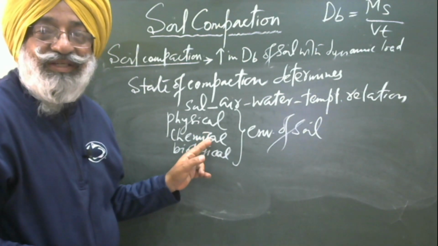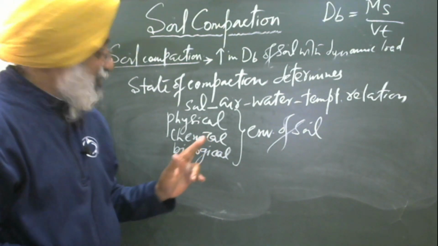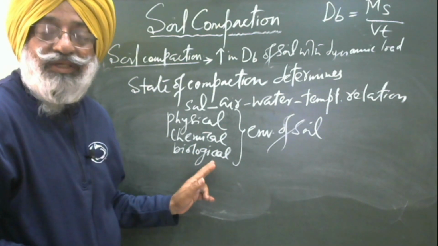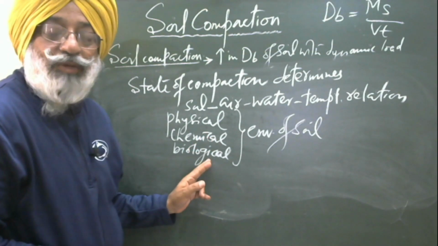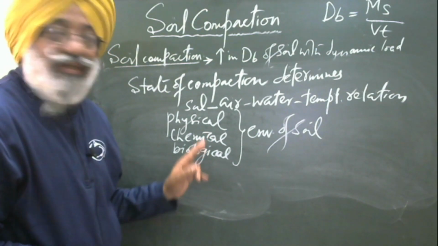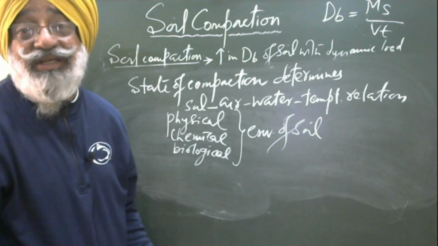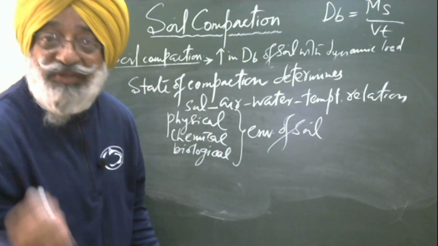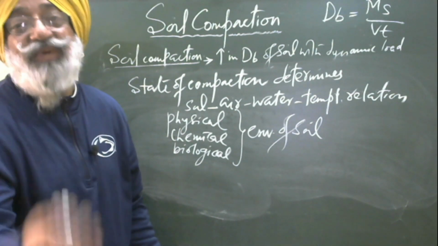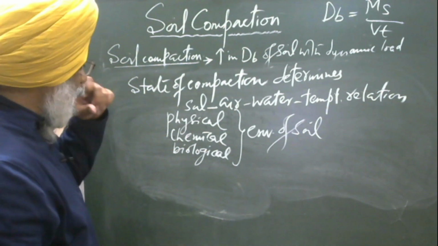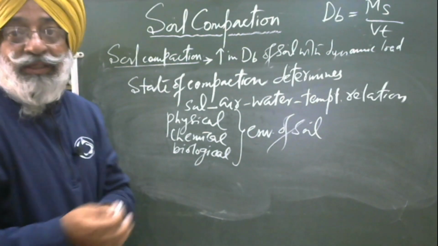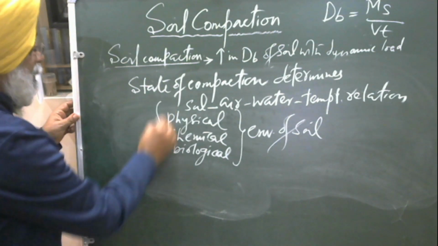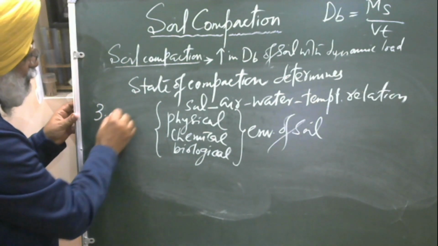Chemical fertility, the transformation of nutrients, is determined by the microbes present in the soil, and the microbe population is determined by the physical condition of the soil: proper air moisture balance, and proper temperature conditions for the microbes to act. So these are three components